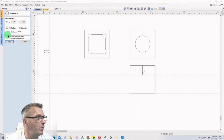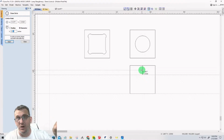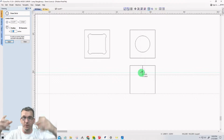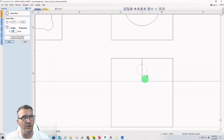It's 0.354. So if I was using that threaded insert here, if it was in the leg, now if it's in the wooden dowel, if I do the series of threaded inserts in the wooden dowel, then this is just going to be a through hole right here. So the bolt passes through and threads into the insert that's in the wooden dowel. It's going up and down. If it's going to be some kind of friction fit like we just talked about, then the threaded insert needs to be here, and you need to make your